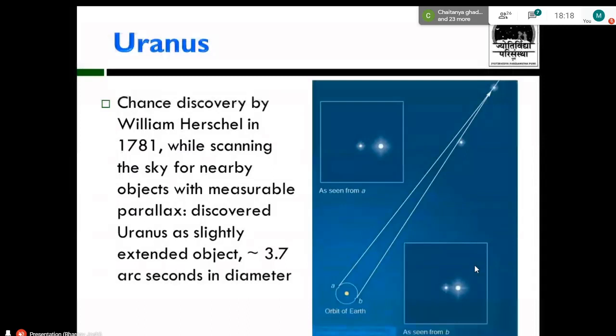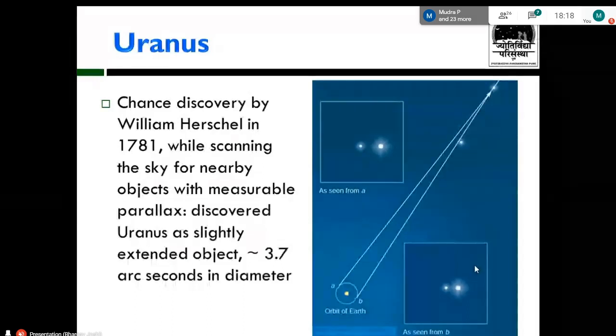Now regarding the discovery of Uranus, if you see the chronology, Jupiter is the father of all gods and Saturn is the father of Jupiter, so naturally the next planet should be the father of Saturn. And so it was named Caelus in Roman mythology, although it was named by Johann Bode, because Uranus and Neptune are planets which cannot be seen with the naked eye.